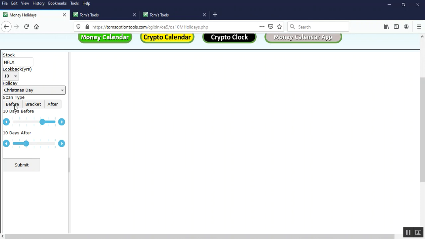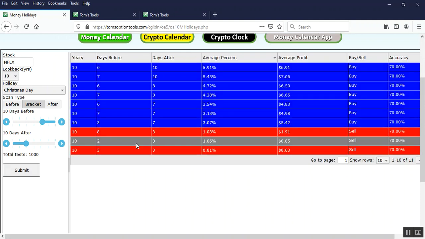If you want to look at just 10 days before, click on the before tab. If you want to look at just the 10 days after, click on after. But if you want to bring in the bracket, the 10 days before and the 10 days after, click on the bracket and then left click on submit. It'll take a couple of seconds and then it will produce the results for you